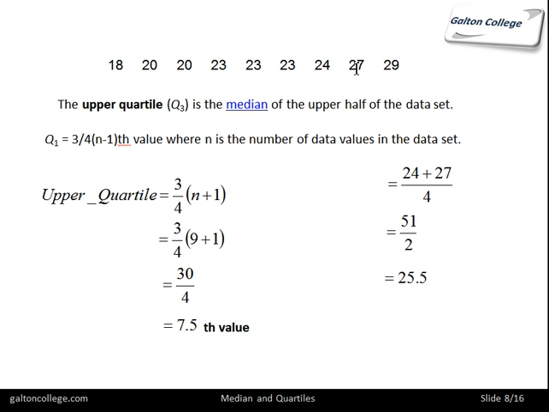So it's 24 plus 27, and we divide out and we get 25.8. Sorry, that should be divided by 2 in that formula. In fact, I think I can change it from here. No, I can't. That should be divided by 2. So 24 plus 27 is 51, divided by 2, because we're taking an average of those two, which gives us 25.5. So that's how we calculate the third quartile,